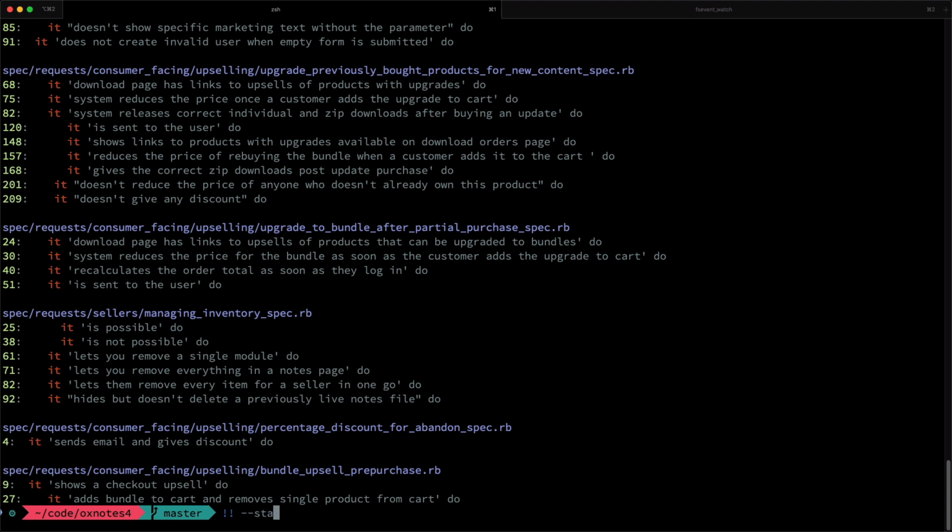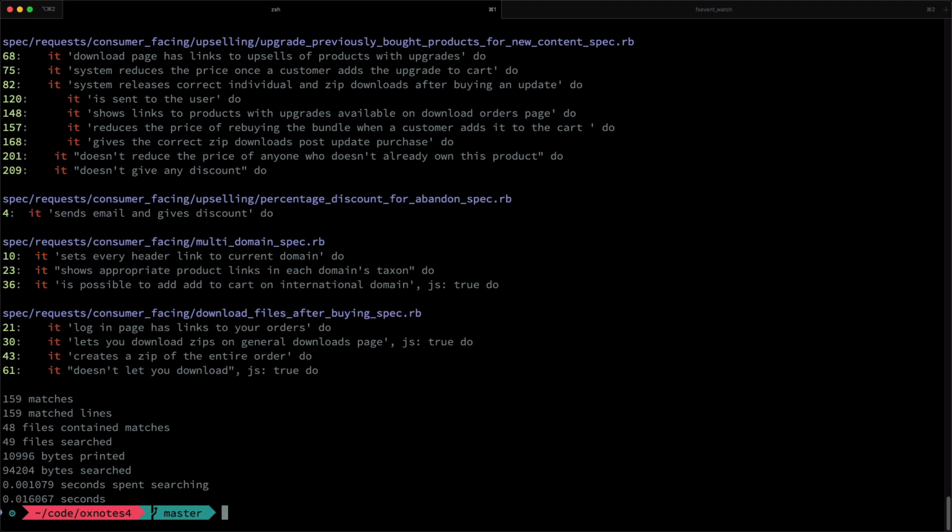I'm going to rerun that command with the stats flag. And you can see there that I have 159 matches, 159 of these integration tests. I love having these. Now that I have them in place, I have so much confidence in my code, and I very rarely get surprise bugs in production for existing features. New stuff always has a few kinks to iron out. That's a given in software development, I think. Basically, this allows me to sleep at night.